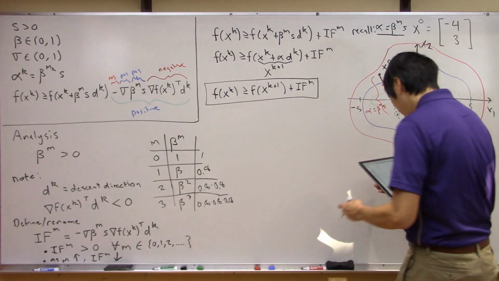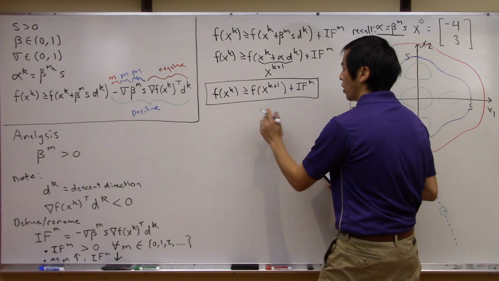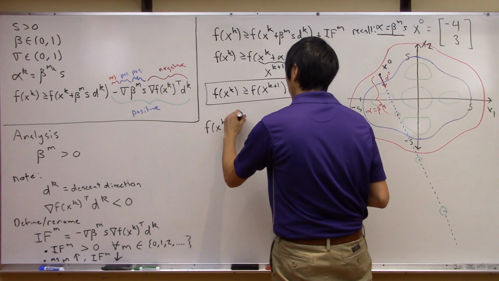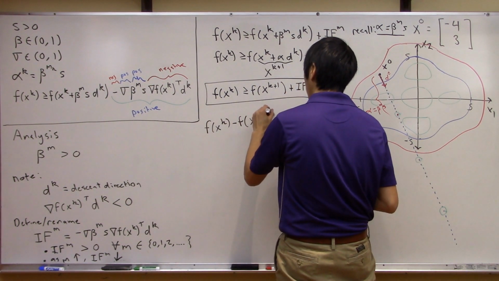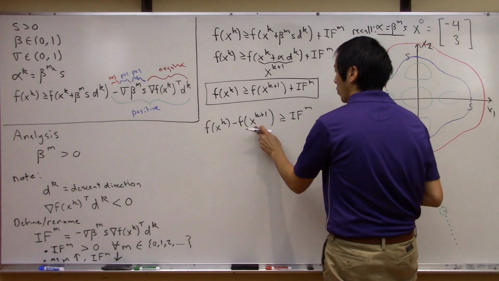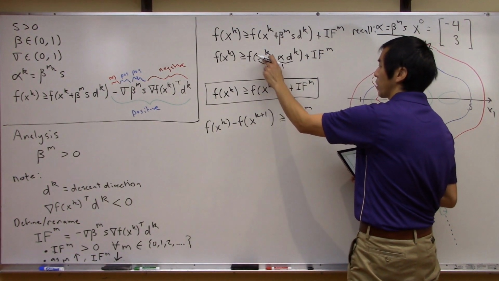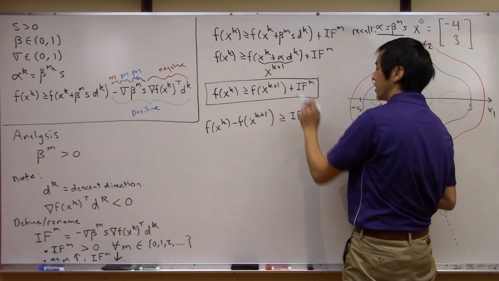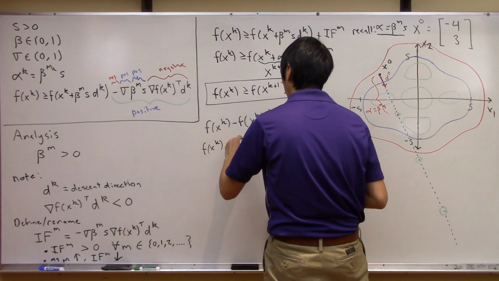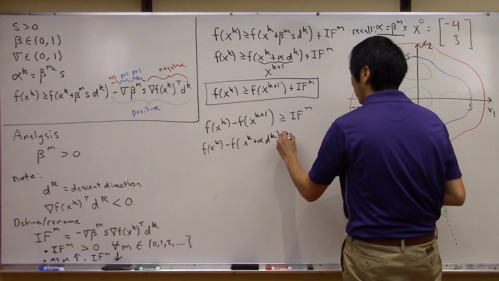So, to get a better idea of that, let's rewrite this. Let me move this to the other side. So we can write this as f of xk minus f of xk plus 1 has got to be greater than or equal to the improvement factor sub m. Okay, let's go ahead and resubstitute. Actually, we'll go back to this form. We said x of k plus 1 is nothing more than xk plus alpha dk, right? So this is now f of xk minus f of xk plus alpha dk, greater than or equal to